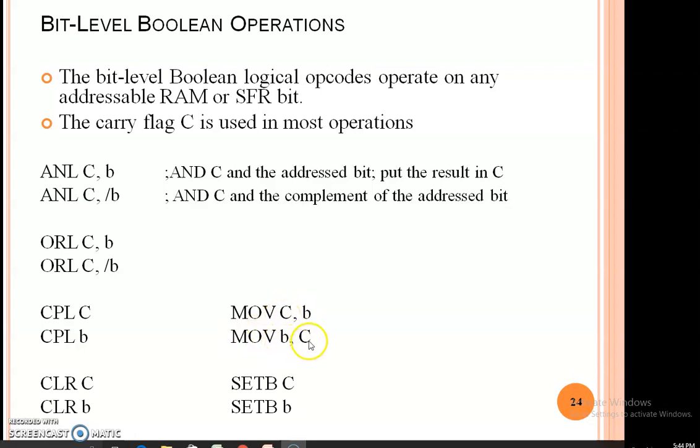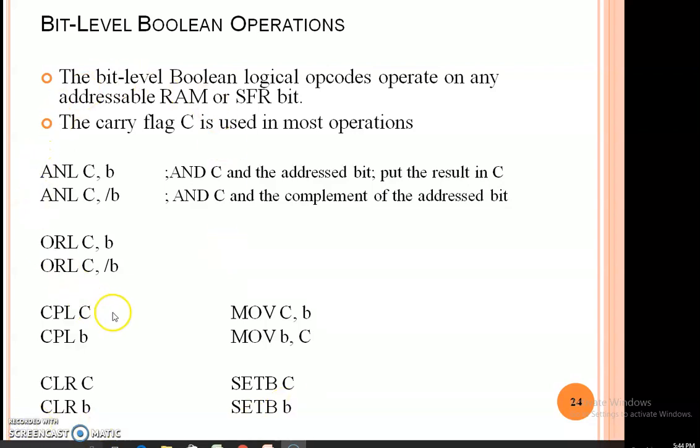Next, MOV b, C: now the carry flag data is moved into this single bit location. Next, SETB C, you are setting the carry flag, meaning carry flag equals 1. SETB means setting a single bit. Next, SETB b: small b is one single bit location you give as an address, and you set that single bit to 1.